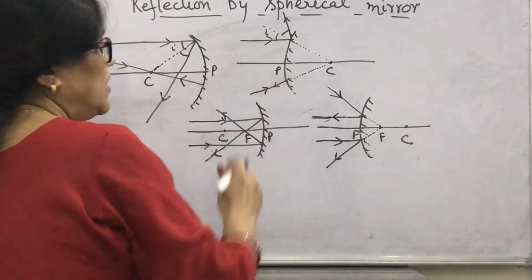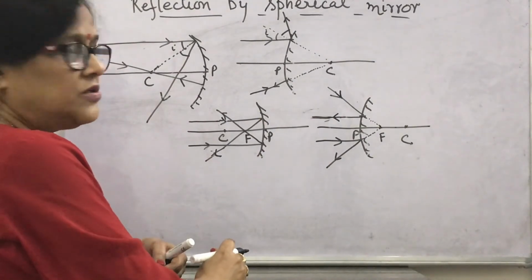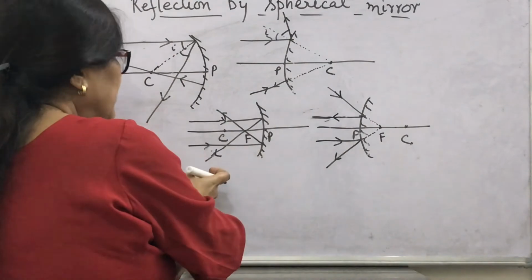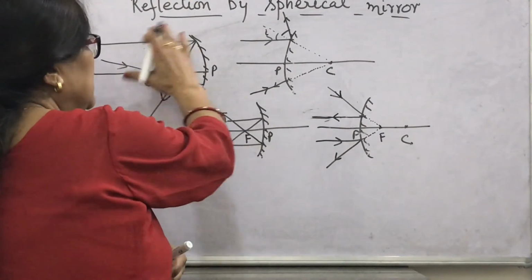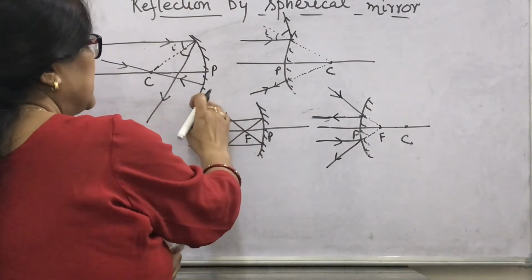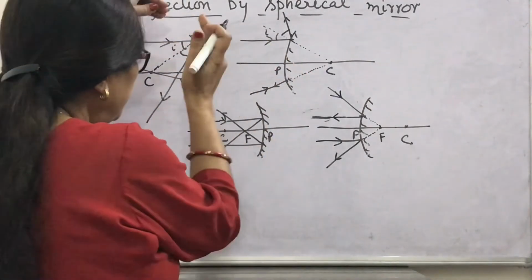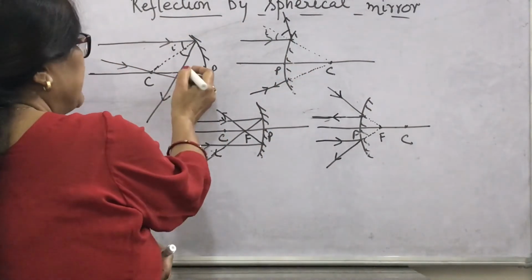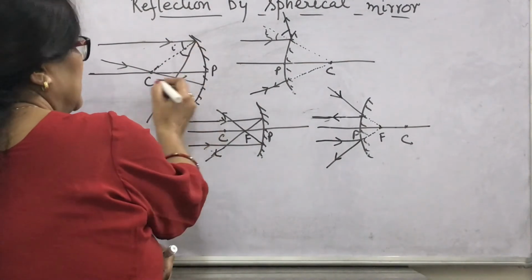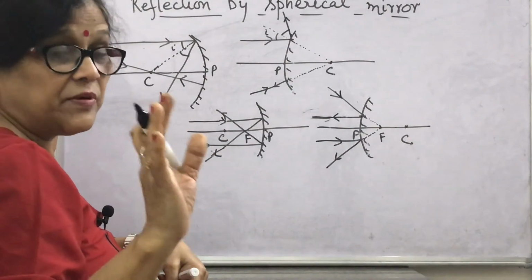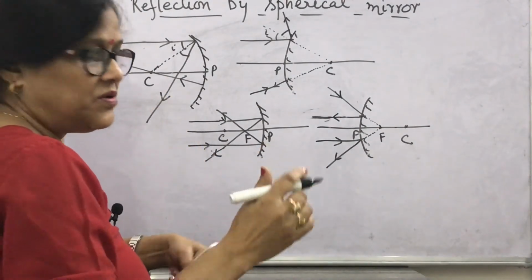Make only the arrow. So, rays parallel to the principal axis will pass through focus, and all the marginal rays for the bigger mirrors will pass through a point after reflection on the principal axis, but that is not focus. Remember this point. I will show you.